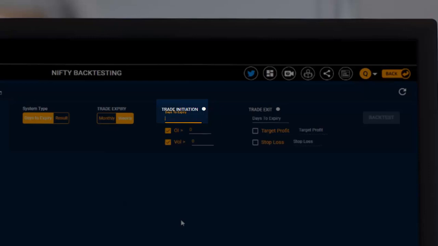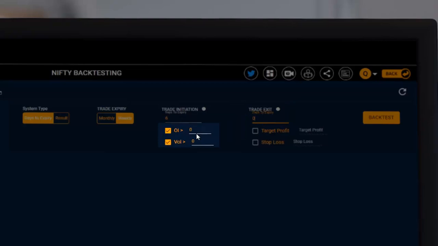Okay, so let's say I am entering the trade every time 6 days before the expiry, the very first day of the expiry, and exiting my trade on the expiry day, I'll type 0. 0 becomes my expiry day. Then in days to expiry while trade exit, the application is asking us how many days there are left to expiry when we are taking an exit. 0 is expiry day, 1 becomes 1 day before the expiry. So let's keep it 0. I want to exit my trade on expiry.